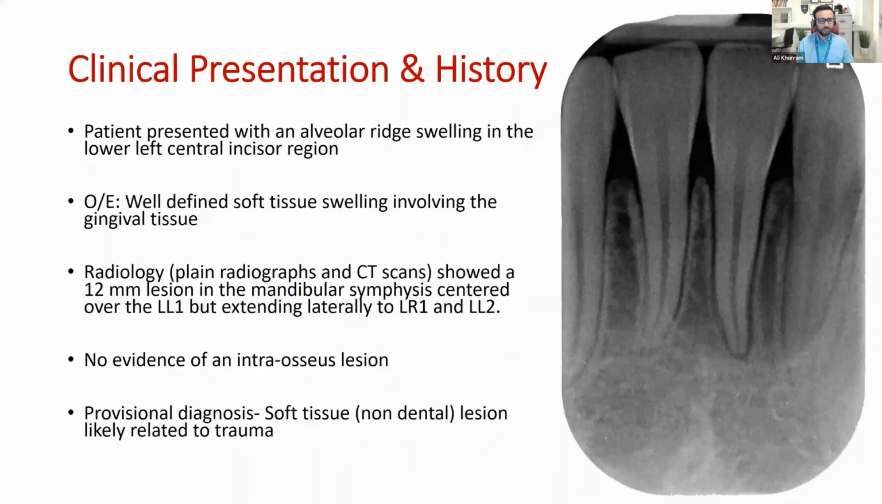So this was a patient who presented with an alveolar ridge swelling in the lower left central incisor region. So this was basically a swelling involving the gums quite centrally. And when clinically it was examined, there was quite a well-defined swelling and a lump involving the gums in that area. The radiology, which included both a dental radiograph as well as a CT scan, didn't really show any obvious